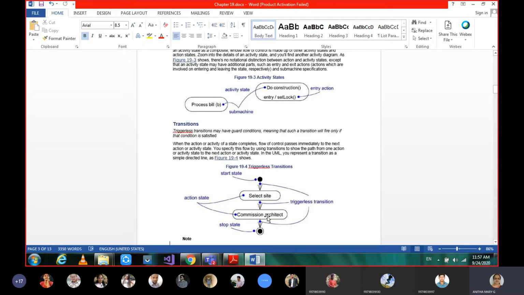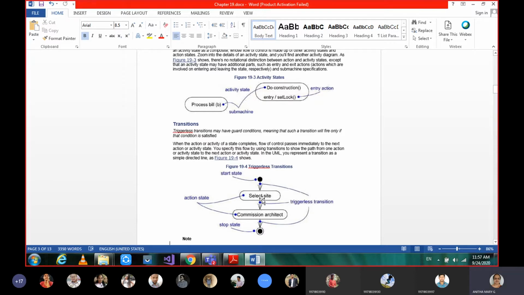So person 1 and person 2. Person 1 does the job assigned to him and completely finishes. Then only can he transfer the control to the next person, saying my job is done, you please continue with the next. In that case we call it a triggerless transition.